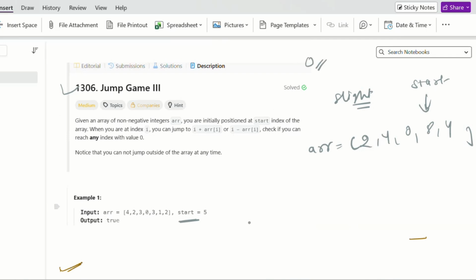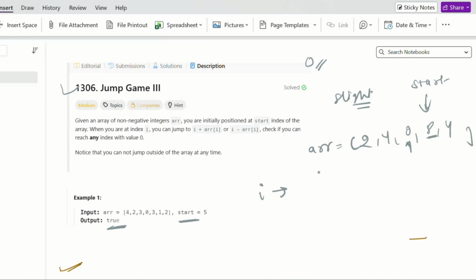In the previous problem, we needed to return true or false depending on whether it is possible to reach some index having 0 value.